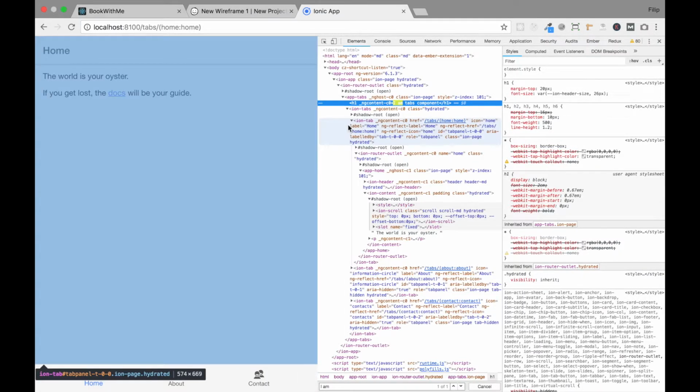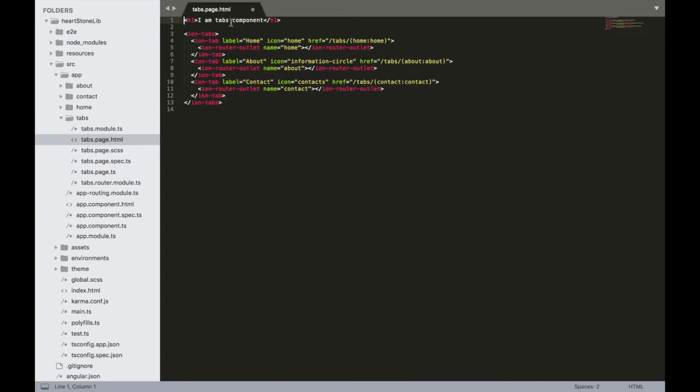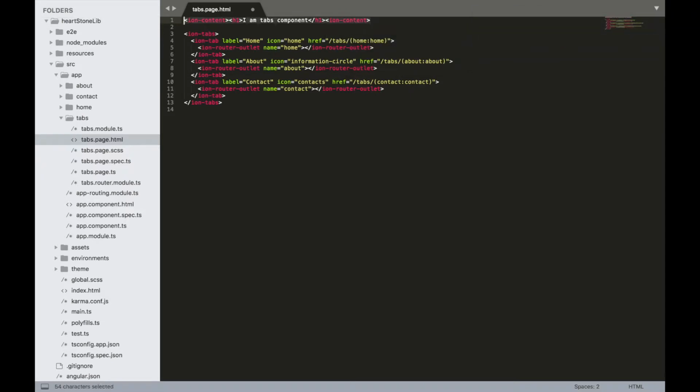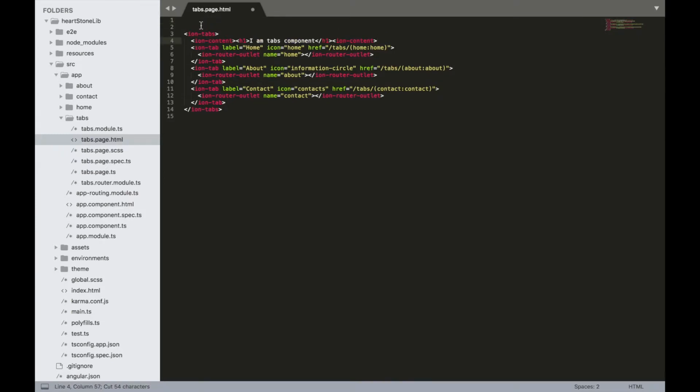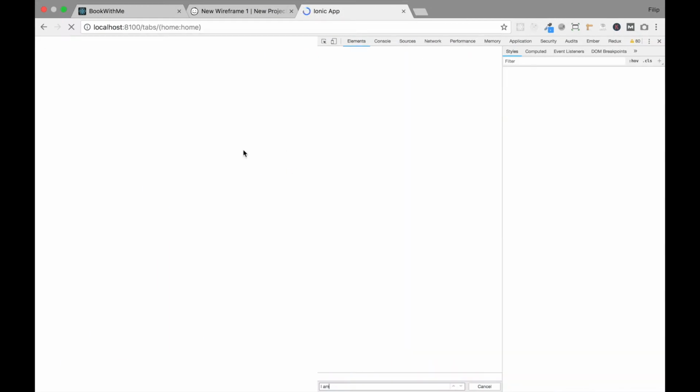So let's go to our coding editors. And let's wrap this h1 inside of the ion-content, a special tag of Ionic that will provide us with additional styling. So ion-content, and we will always wrap our elements inside of the ion-content. Okay, so like this, and I will cut it from here and display it under ion-tabs, like this. Let's save it. Let's go back to our browsers, wait for refresh,